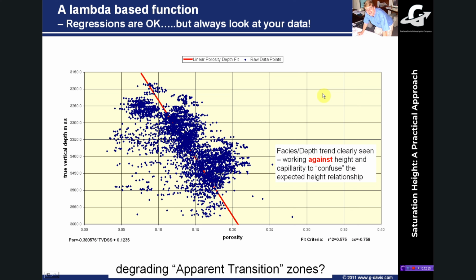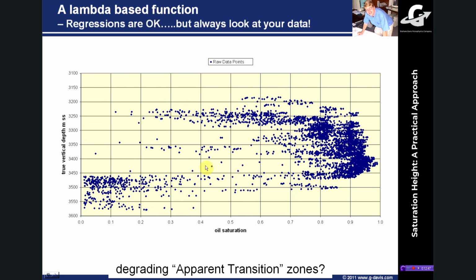Here's another example where a reverse porosity depth trend may act against our transition zone effect. So here at the top of this reservoir we've actually got lower porosities, and as we go down in the reservoir we've got some higher porosities. And what that can do when you look at the saturation versus height plot, if you ignore this data down here at the free water level, you can see we've almost got an upside down free water level trend. We've got high water saturations here and increasing oil saturations down towards the base. So if you just looked at that data, it would be a bit confusing.